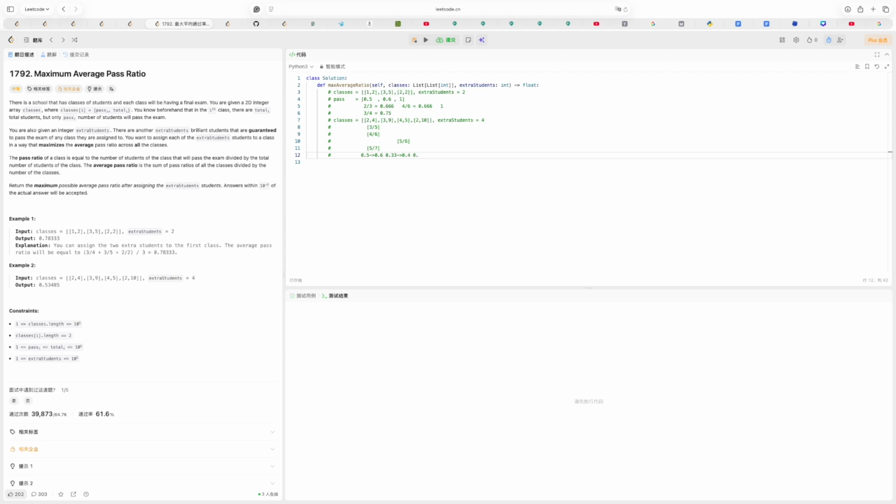And this is 0.8, and it will increase, and the other will be 0.2. It will increase to